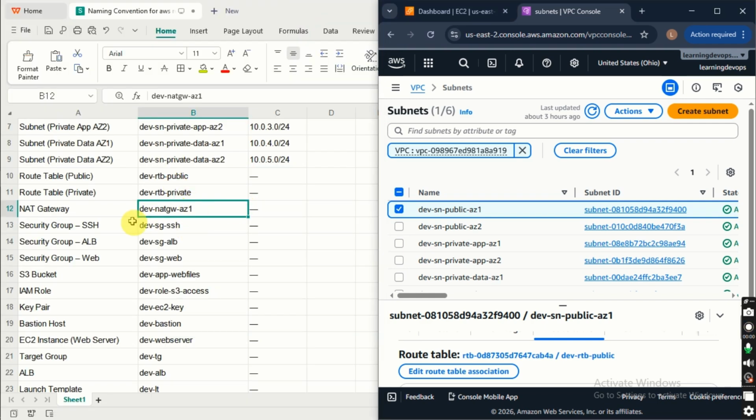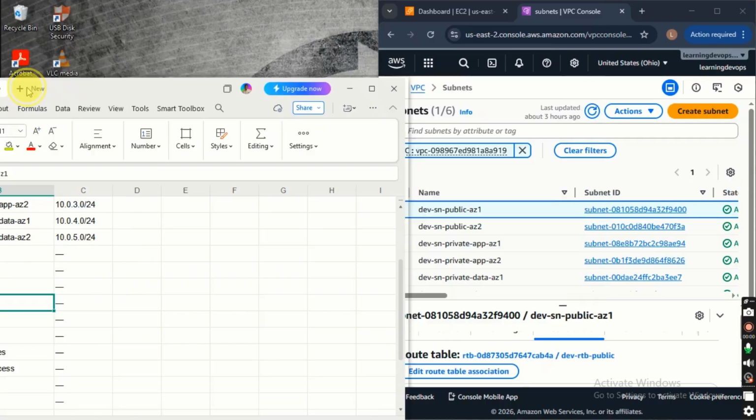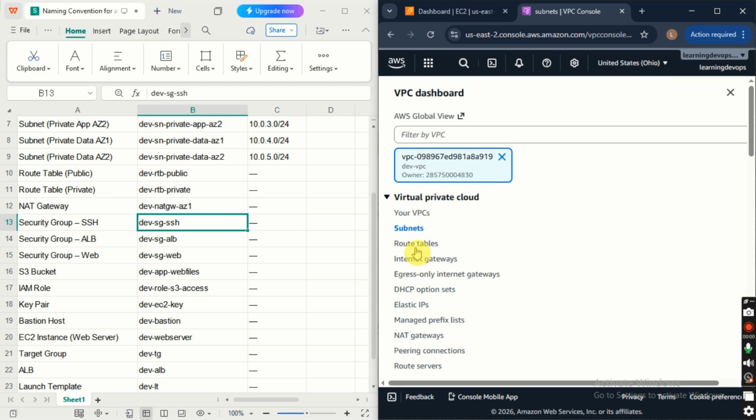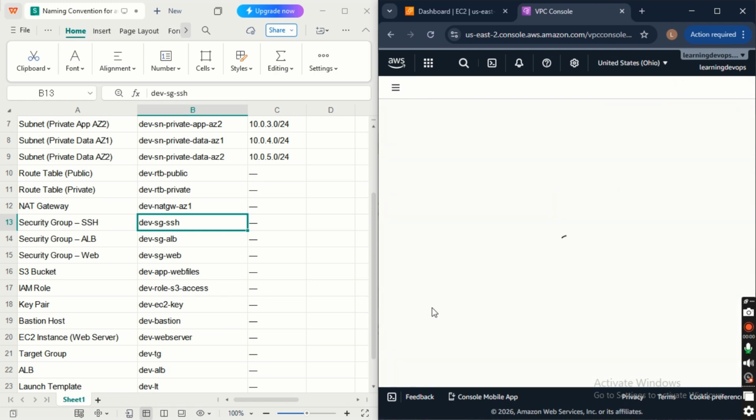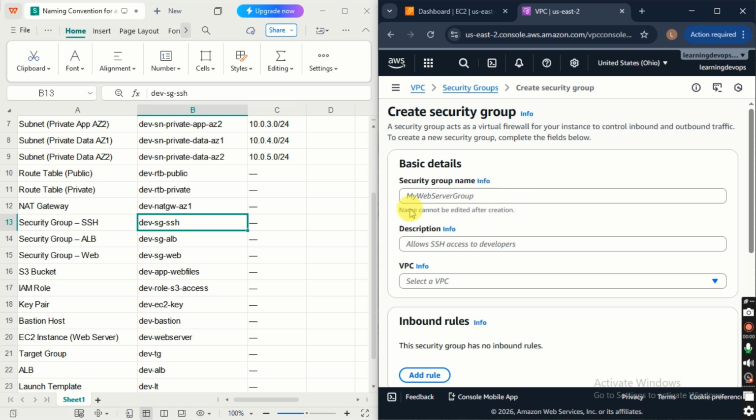So we'll be creating our security groups next. We're creating quite a number of security groups, and for that you can click here, come to the left hand side, scroll down, you see security groups, click on it, and then we'll be able to create our security group. So click create security group here, and then